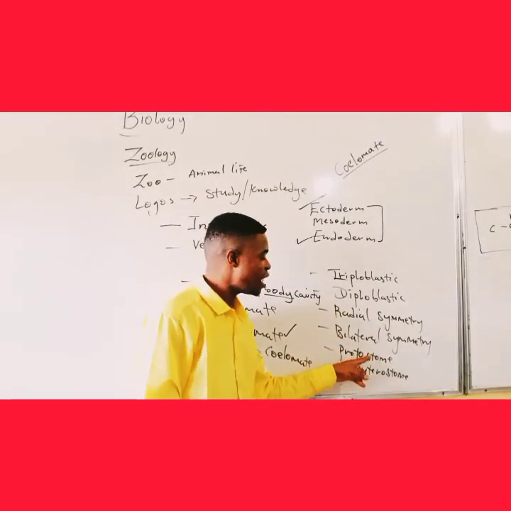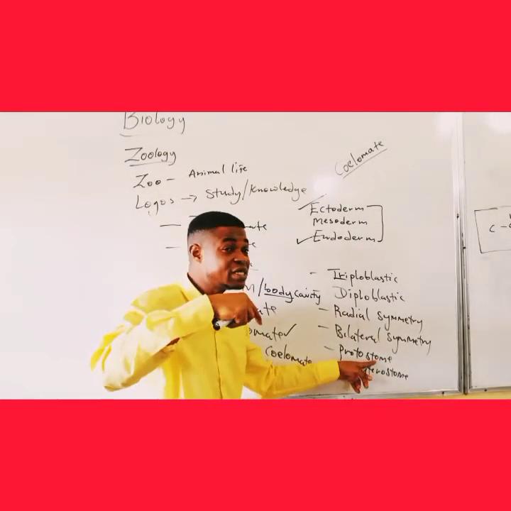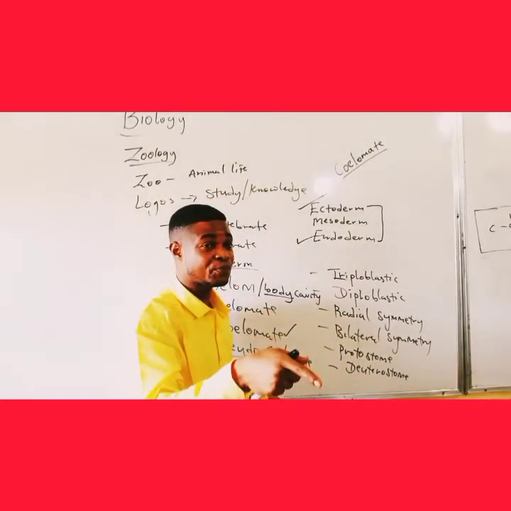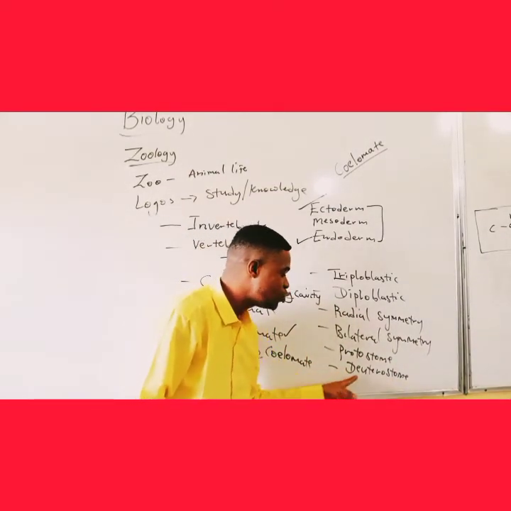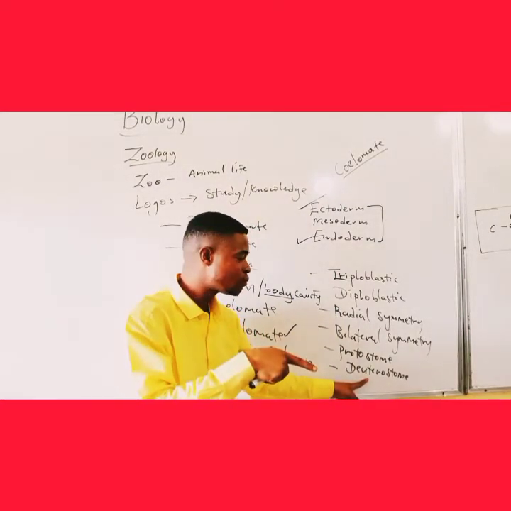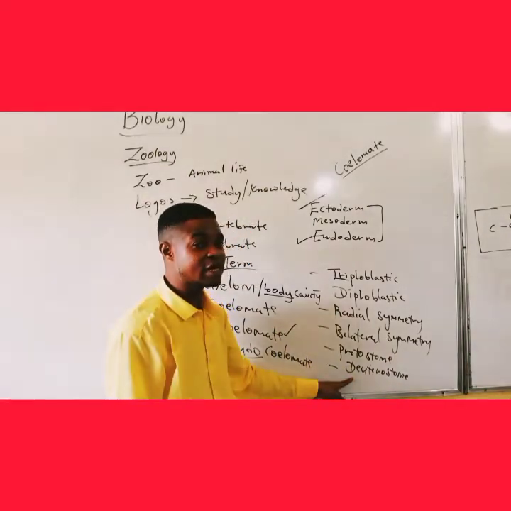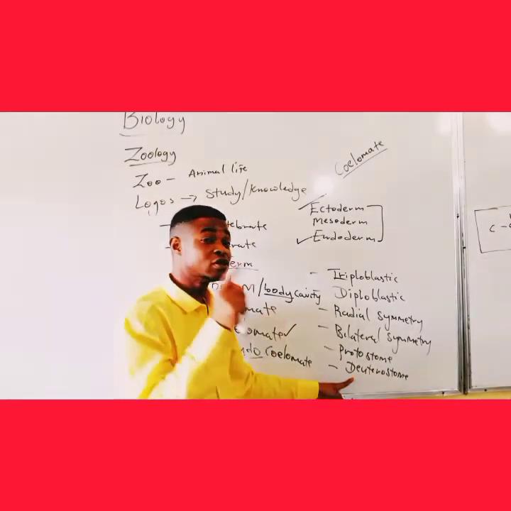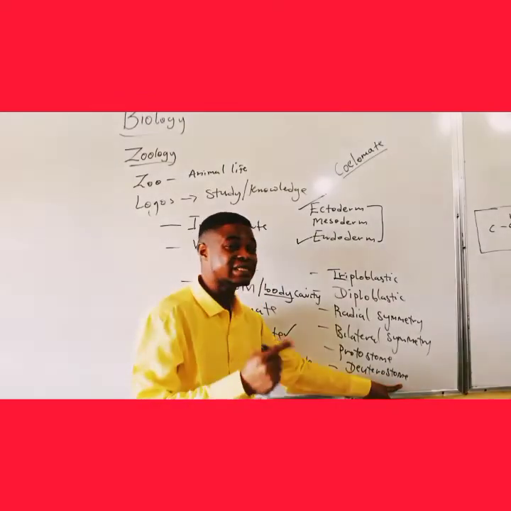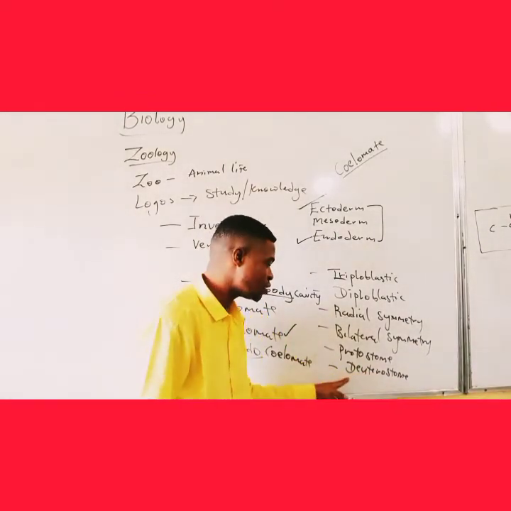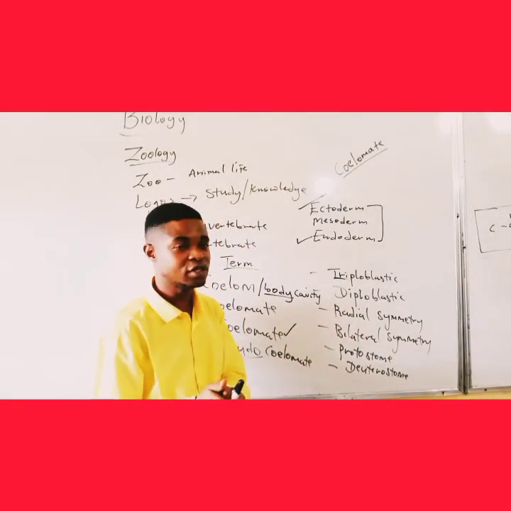So animals protostome. Proto means first and stome means mouth. So protostome means that the mouth sets or develops before the anus. While deuterostome means second, then stome means what? Mouth. So in this case, animals whose mouth is formed at the second position are known as what? Deuterostome. So in deuterostome, the anus is formed before